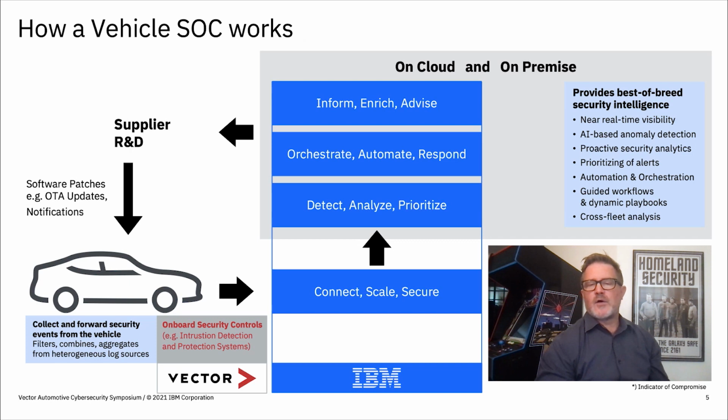We are collecting also information around the car, maybe just like the weather conditions, like the traffic conditions, like the road conditions, if there's traffic work, if the road is in a good shape, what possibly other drivers around are experiencing, and so on. So all this data is collected and has to be forwarded to the Security Operations Center via, let's say, a stable, scaling and secure connection between the car and the